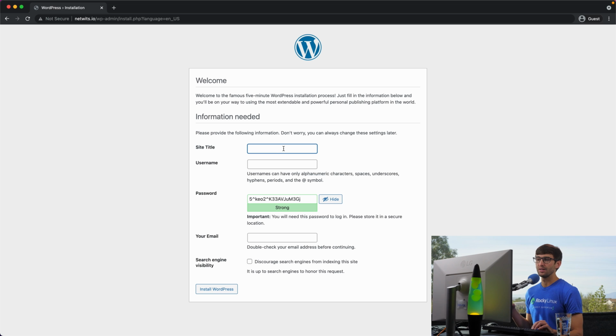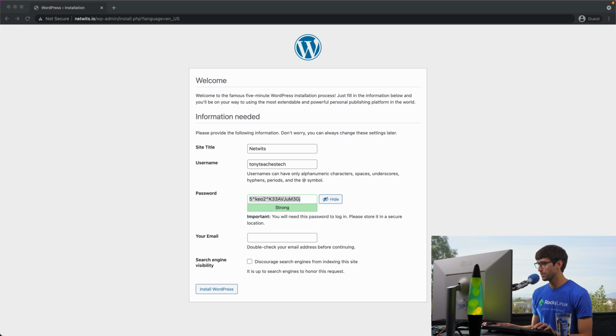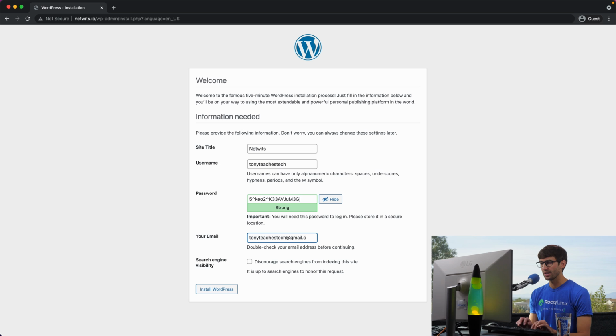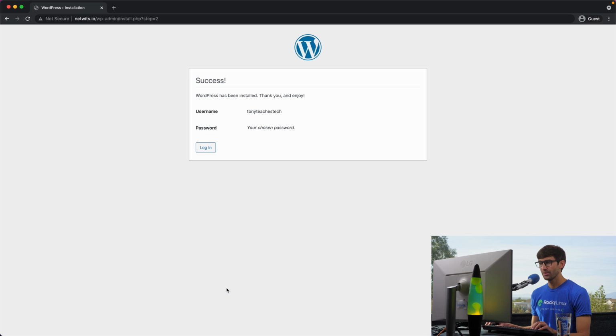This is where you can personalize your website. So I'm going to call my website Netwits. I'm going to give it a username of Tony Teaches Tech. And I'll use their suggested strong password and save that off over here. And I'm going to give them an email address, tonyteachestech@gmail.com. And that's my admin email address. So we'll click on Install WordPress